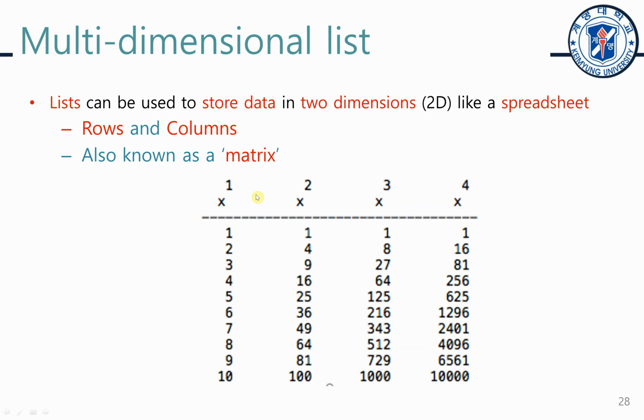So we have a number from 1 to 10, and when that number is raised to power 1, raised to power 2, this helps us find the square, this helps us find a cube, and this helps us find x raised to 4. And you can see that we can build, or display, such a multiplication table